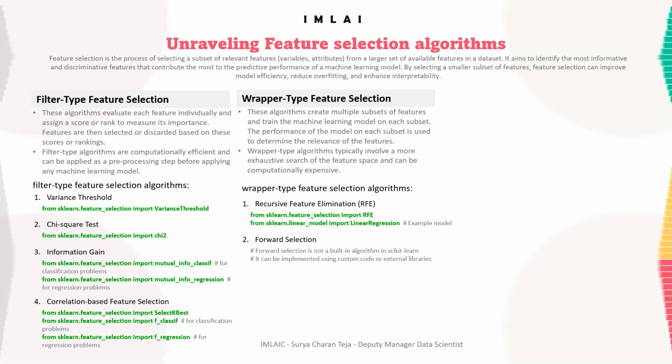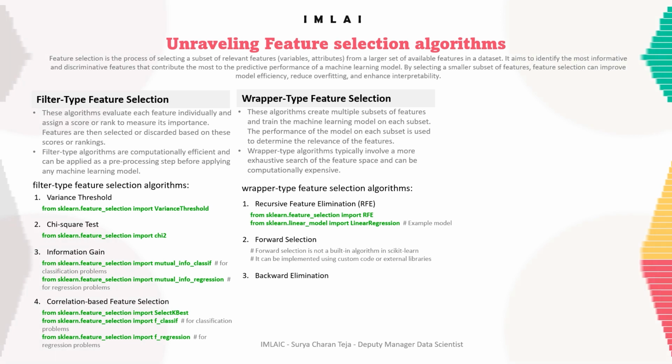We have to write custom code, or we can take up external libraries. Any other libraries you can use, but with scikit-learn we do not have it. Then we have backward elimination. Backward elimination starts with all features and removes the least relevant features one by one based on their impact